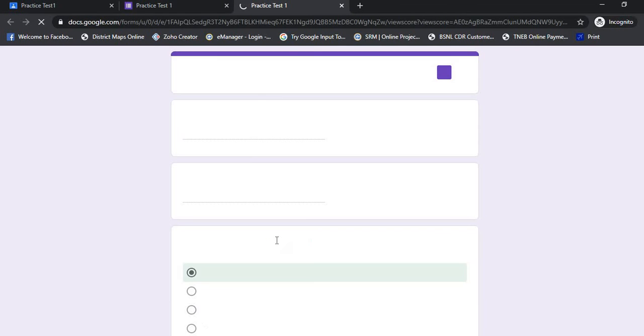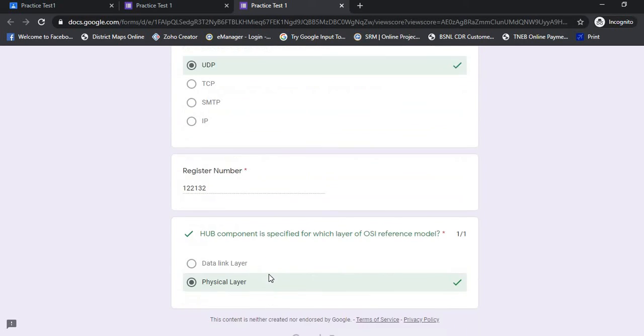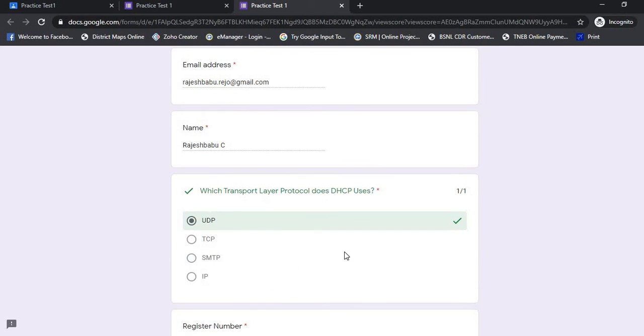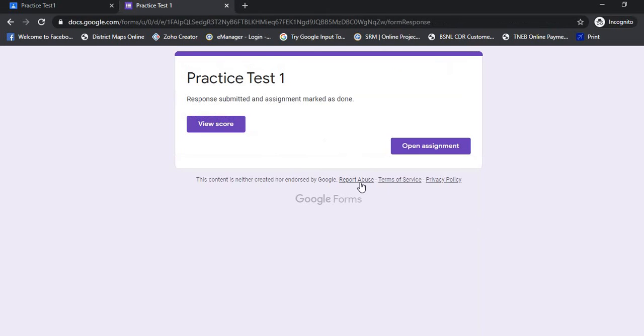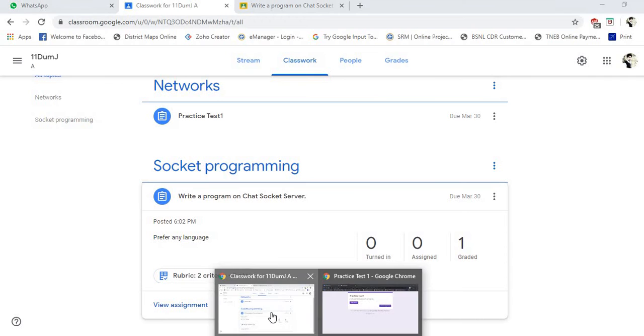So view score. So he has got 2 marks. You can check the score actually. 2 out of 2 he has got. Close it. And from faculty point of view,